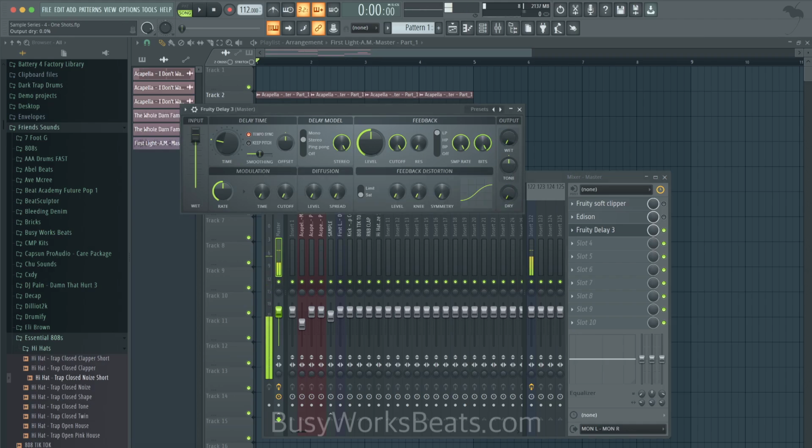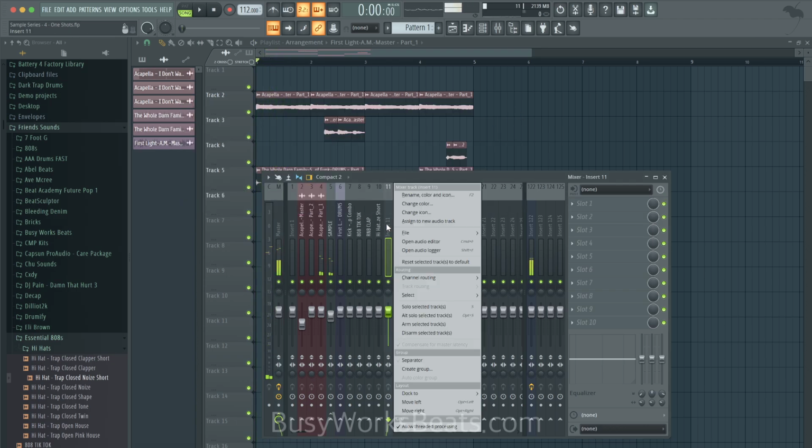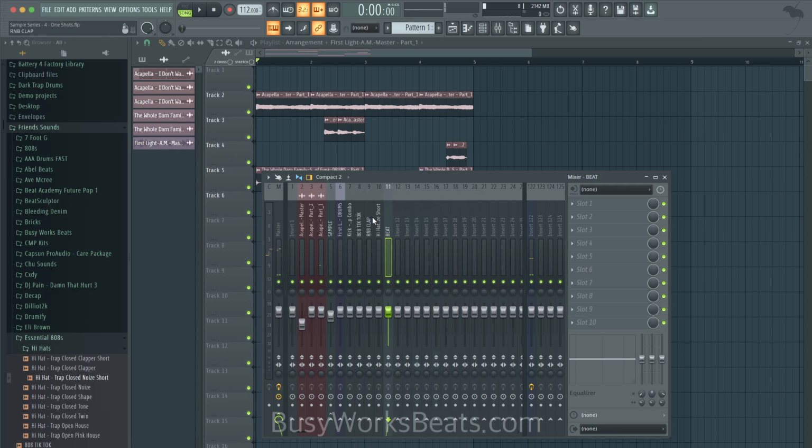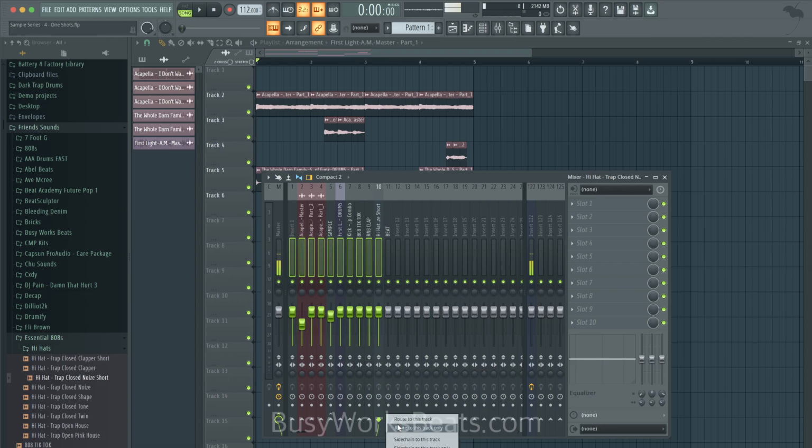Okay, so what we're gonna do here, I forgot it. Uh-oh. Sounds so weird. So, okay, turn the wet level all the way up. And then what we're going to do is turn the dry level down, feedback level down. Let me put this on a different track. That would make more sense. Let's just call this the beat. And let's route all these things to the beat. Wouldn't that make sense? Now, I wish it would smart route groups, but we have to reroute samples back to the sample group.